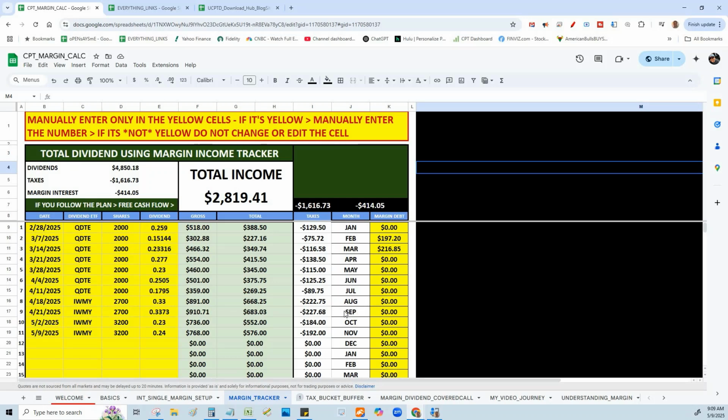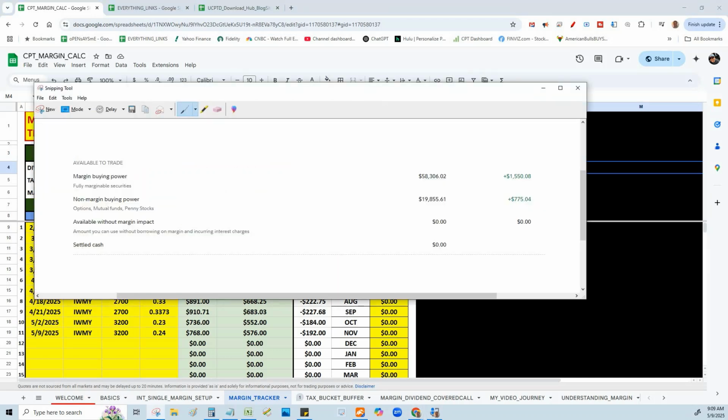Now QDTE rallied and it moved higher, so I wouldn't be down 18 grand right now. But the point is, I wanted that $18,000 for tax harvesting. Because this bad boy is going to produce tons of taxable income. And you could see we started this February 28th. It's now May 9th. I got to pony up $1,600 to the tax man right now. So you extrapolate this out to many, many months, I'm going to have to pony up quite a bit for taxes.